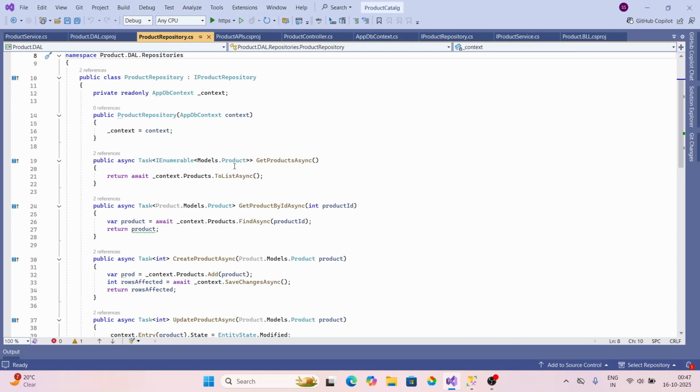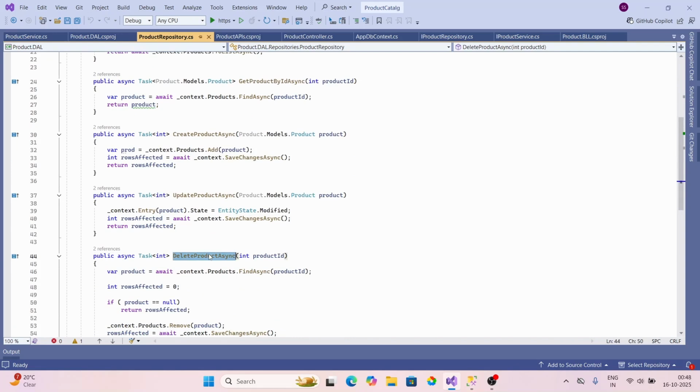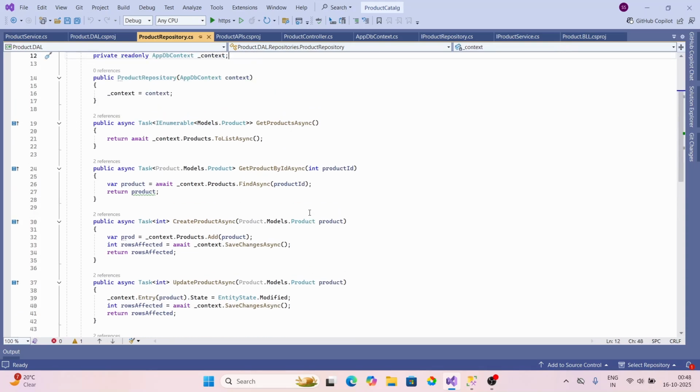So first of all, we have already created these methods to get the product by ID, create product async, update the product details and delete the product details. So we already created these functions. Okay, these methods, we can call them functions or methods, anything. So to call stored procedures in these functions, let's first create a few stored procedures in the